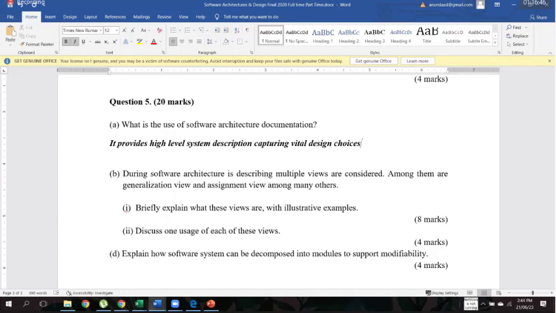So one use is a tool that can be used to describe and show other people the high-level system details. What I mean by high level is that it doesn't go into too many details. For example, if you want to look at the ground from an aerial point of view, you can look at the ground from the air at 10,000 feet.